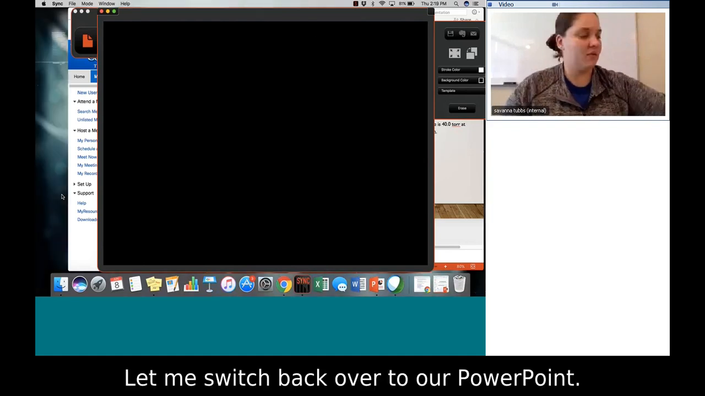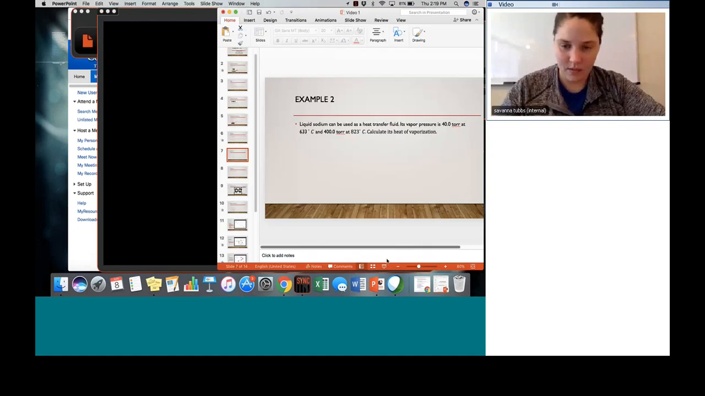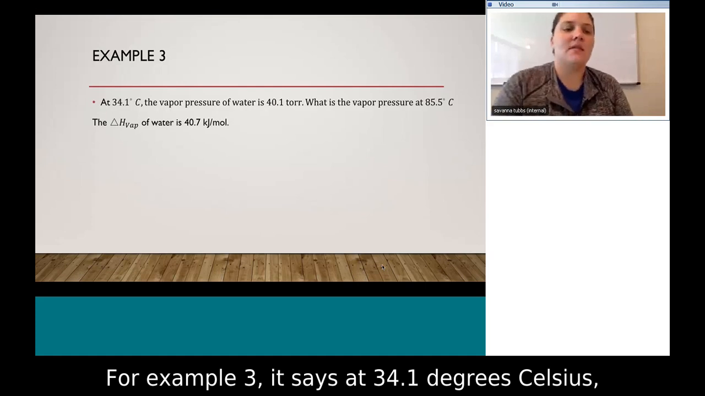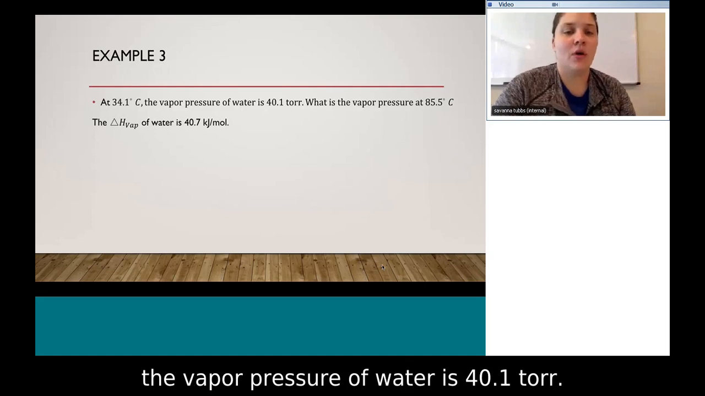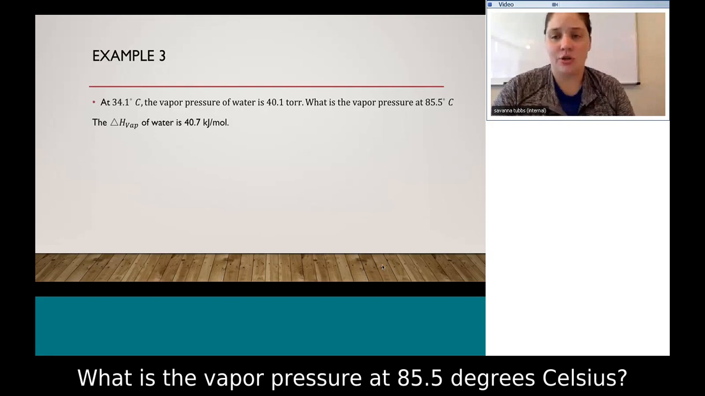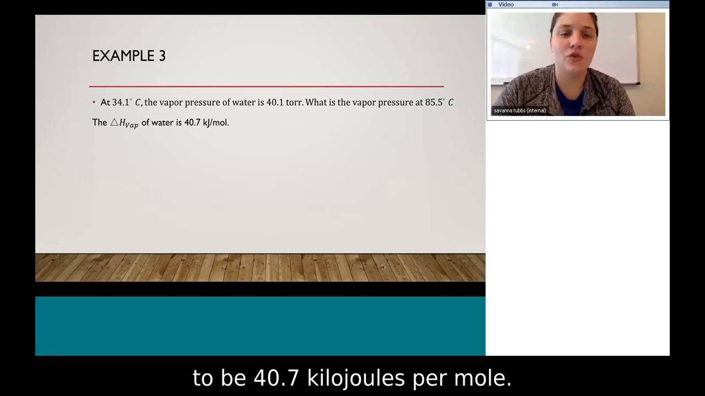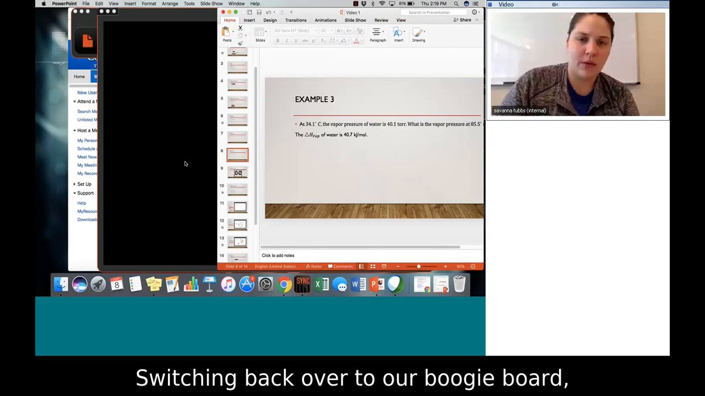All right, let me switch back over to our PowerPoint. For example 3, it says at 34.1 degrees Celsius, the vapor pressure of water is 40.1 torr. What is the vapor pressure at 85.5 degrees Celsius? Your delta H vap of water is going to be 40.7 kilojoules per mole. Switching back over to our whiteboard,